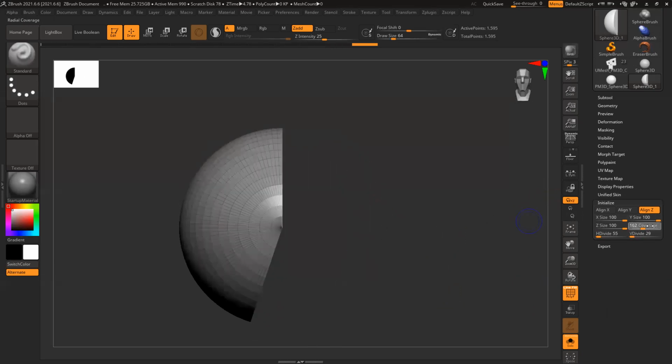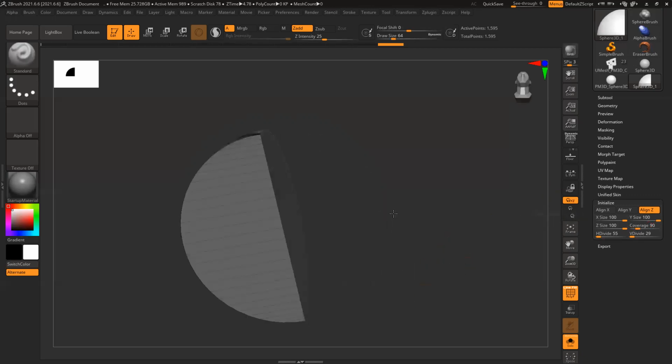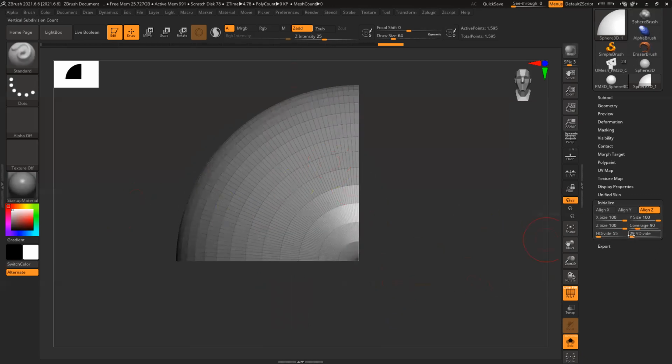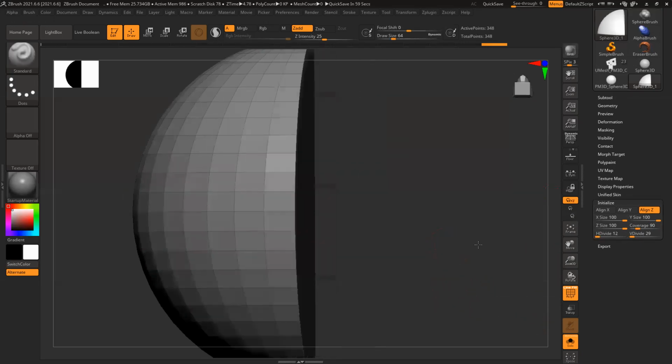Let's see 90 degrees. You see, it's a perfectly sliced 90 degrees. Now I feel the subdivision level is way too high. I can convert this to 32, or maybe 24, 16, or 12. I can optimize it however I feel is correct.